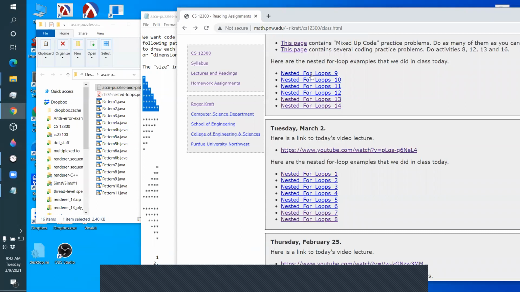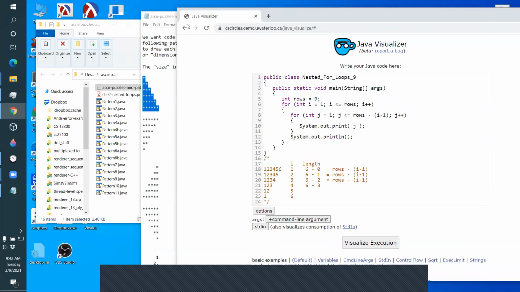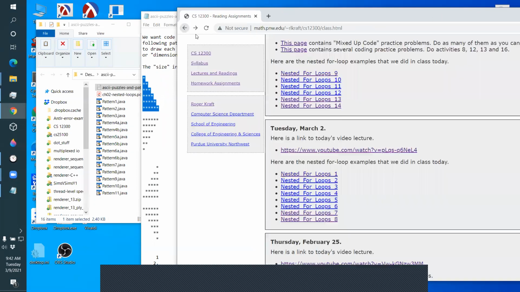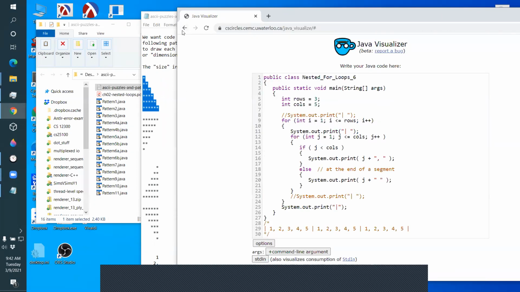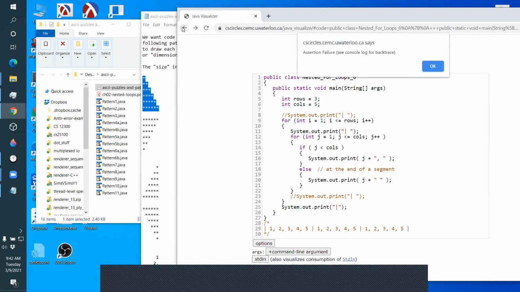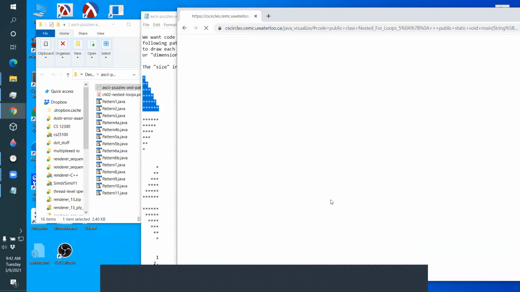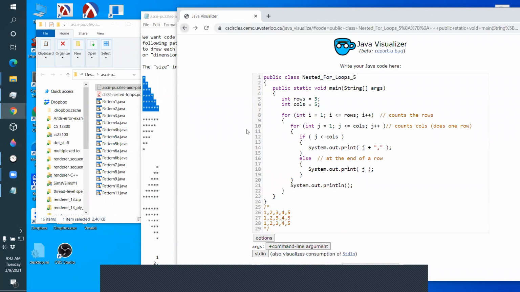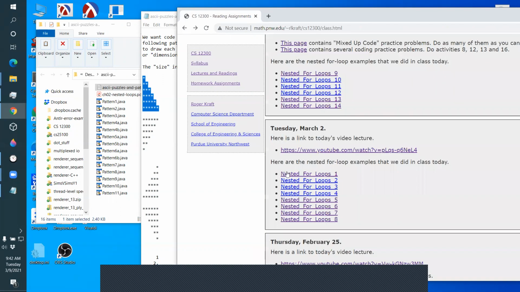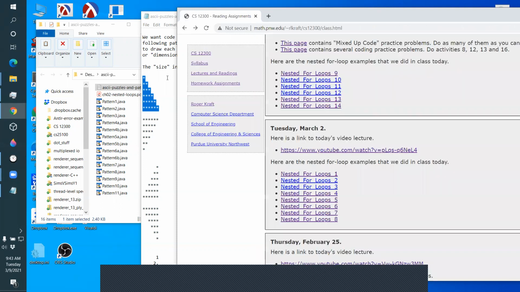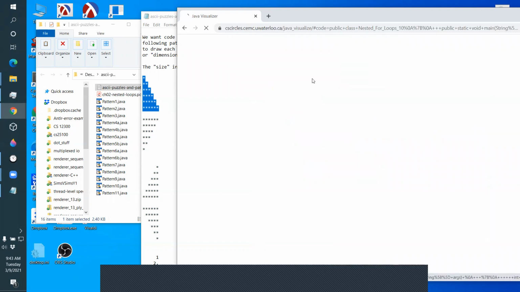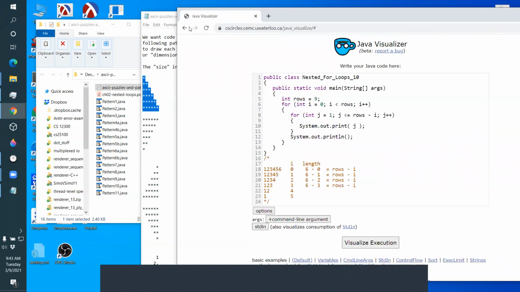Was it over here? Oh, we probably didn't do that one specifically. To get that pattern, you just take the one that has numbers in it and change the numbers to,